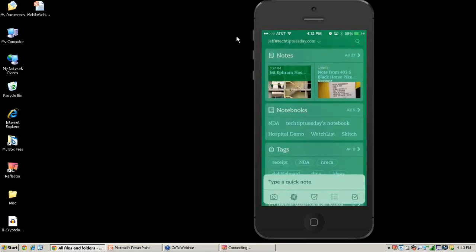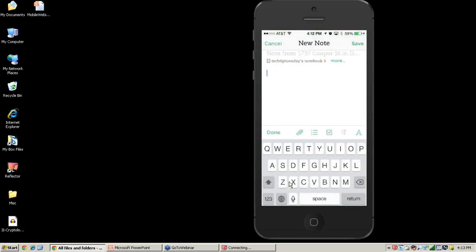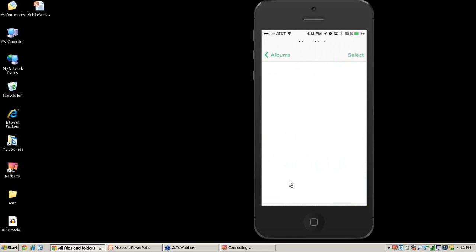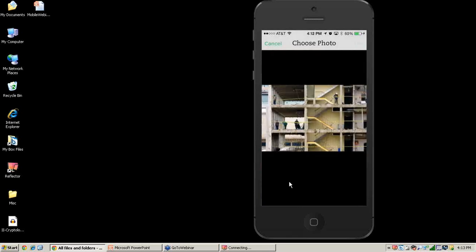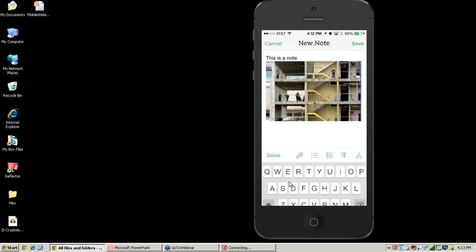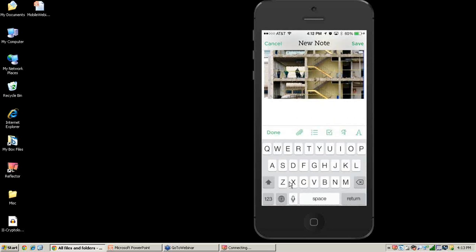But what's great about these types of notes is that, as I mentioned earlier, you can add any type of note. And right down here, you notice this little section that says take a quick note. In Evernote, I just click on that, take a quick note, and now if I wanted to, of course, I can write my simple little note. But I can also add attachments. So let's say I want to attach, for example, a photo of this project, and maybe I'm on site with someone from OSHA.